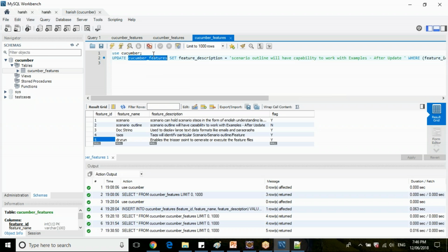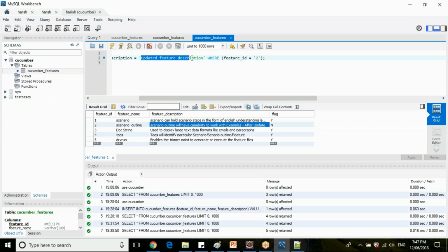So in this Cucumber features table, we are setting the feature description to a different value, let's say updated feature description, where feature ID is 2. So for this particular feature, the description will be replaced with this one. That is our target, right?